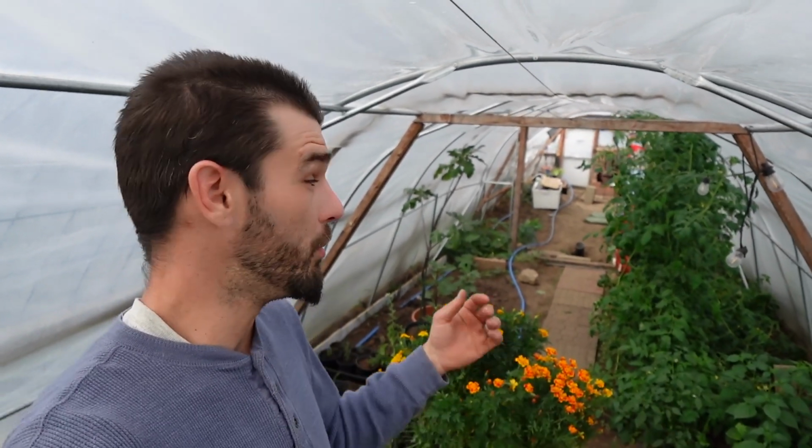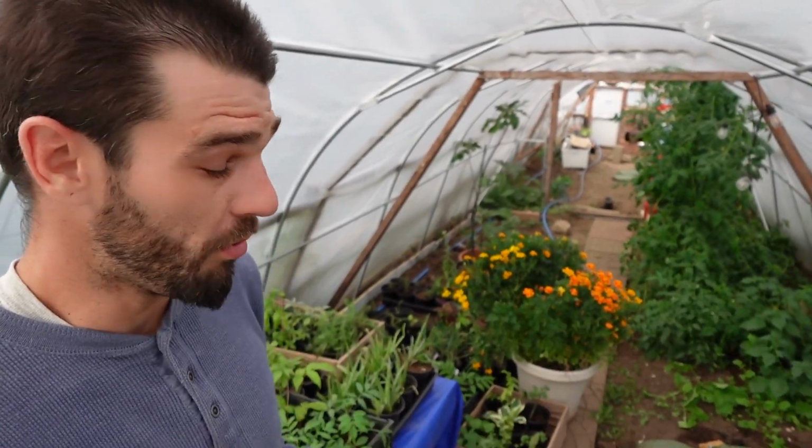We've been babying those for about a year and a half now, and they survived all last winter. We ate off them. We've been eating off them all summer long in the greenhouse here. They are amazing to eat, and they really do propagate back. If you cut them down to the ground, they just keep growing as long as you don't pull them out. So a lot of these crops you can harvest over and over and just practice the cut and come again